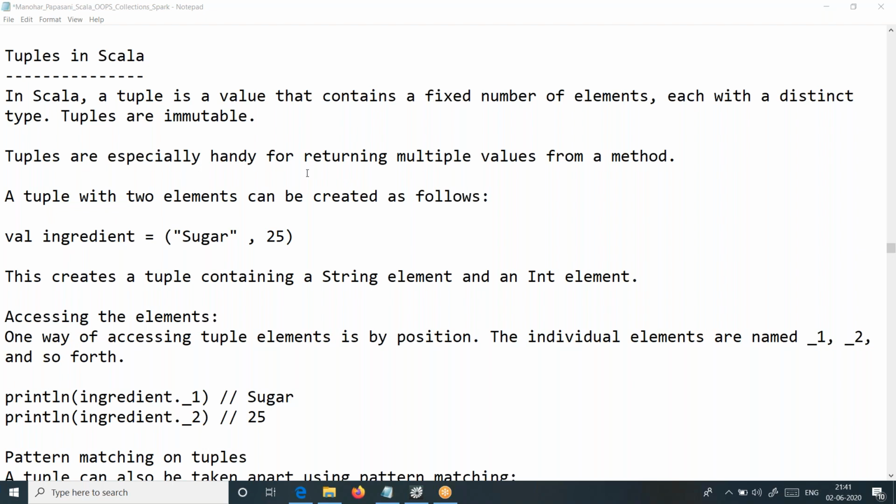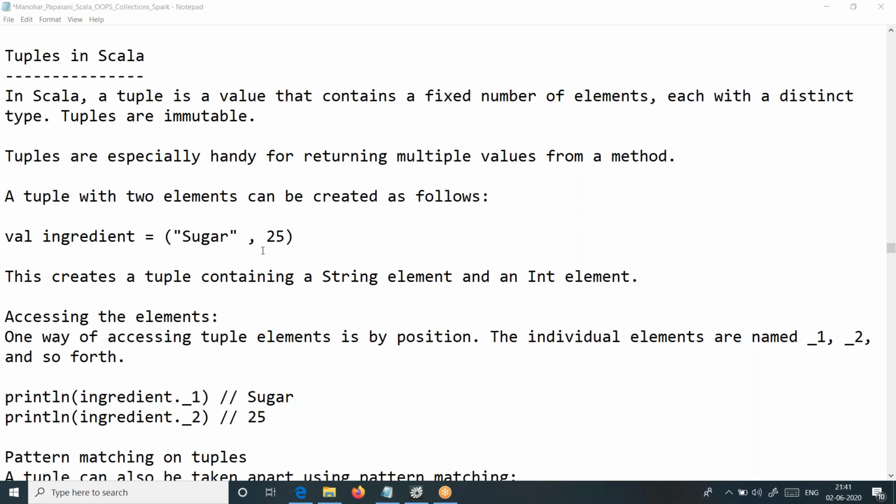This is one scenario, and we can create a tuple with not just two elements. We can create a tuple with multiple elements as well, not just two. We can add 3, 4, 5, 6, 7 also. We will check that quickly. We don't need to come to a conclusion. We will cross check that. And tuples we see now, in different